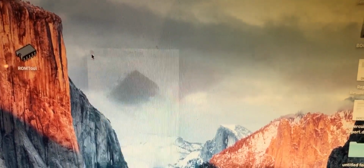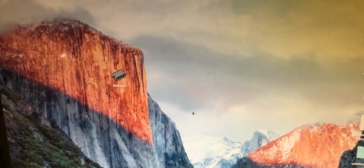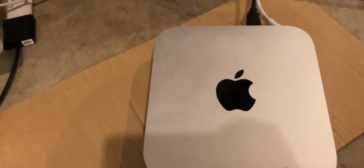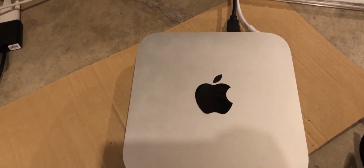So with that, I'm going to go ahead and get all three ROM dumps from all three of these machines. I've already dumped the one from the 2011 MacBook Pro, as you saw before. I just dumped this one now. You can see it is right there on the desktop. And I've got the 2014 Mac Mini ROM to dump as well. So I'll get all those dumped and then switch to the screen recording where I'll show you how to make